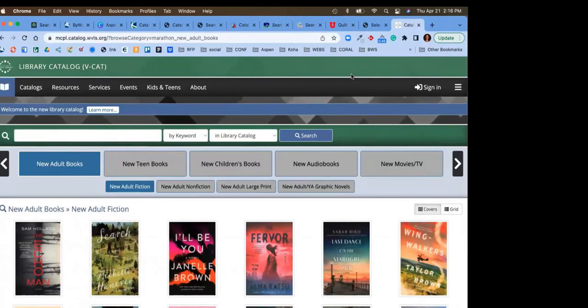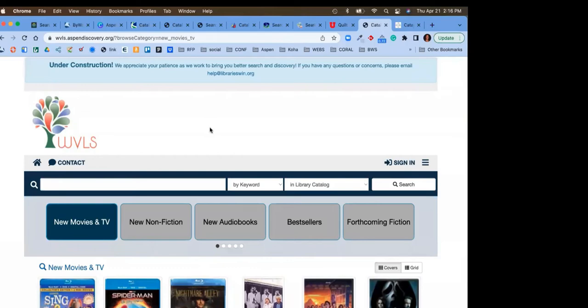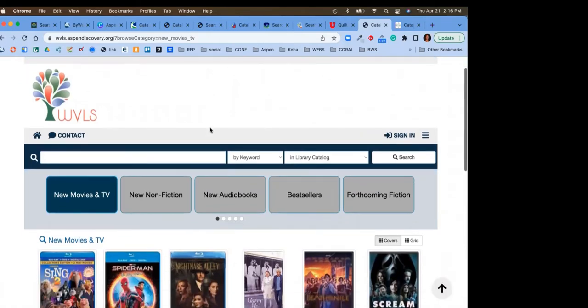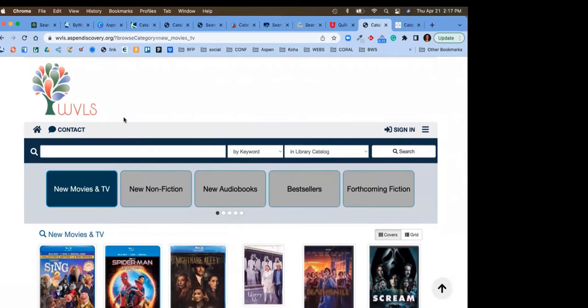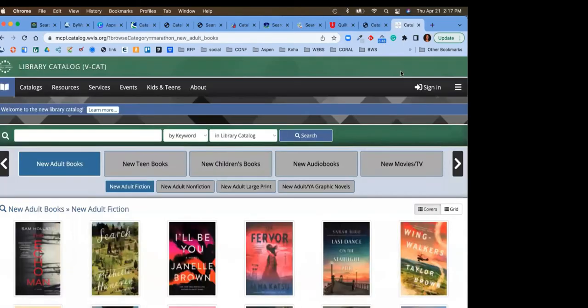So now that I have my Marathon County Public Library selected, which is one of the libraries in the system, it brings back those results where I can see that information. You'll also notice that this is a little bit different than the previous screen that we looked at. And again, that's one of the rich highlight features of Aspen Discovery, is it gives the opportunity for each library to make those customizations if they want. Now, if you want to create a basic look and feel for your entire consortium, you can do that as well. So here we're looking at Wisconsin Valley's main page,